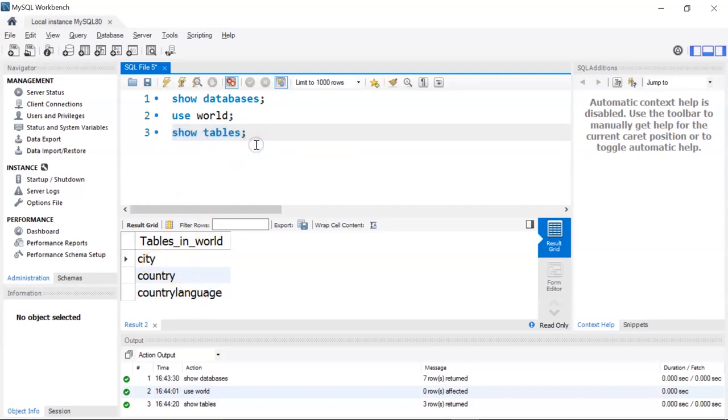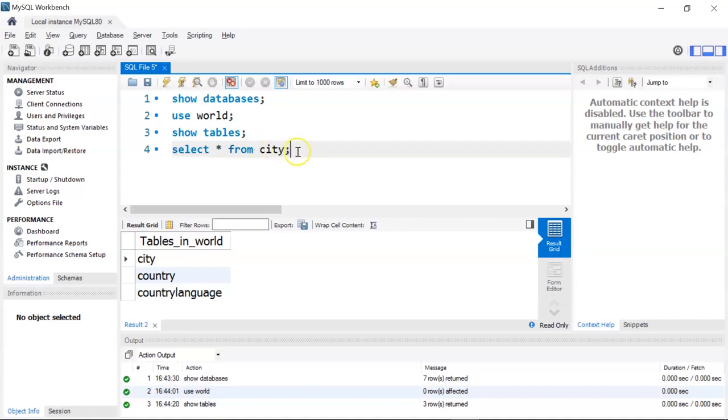Now if you have to see the rows that are present in one of the tables, you can use the select command. So I'll write select star, which basically means I want to display all the columns. Star here means to display all the columns. Then I'll write from the table name, that is city.